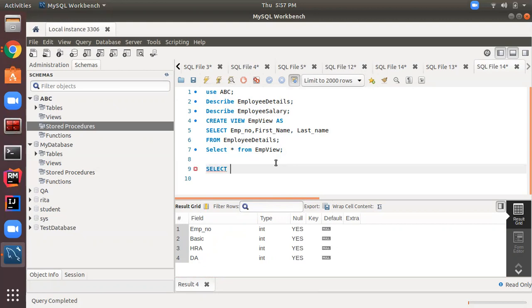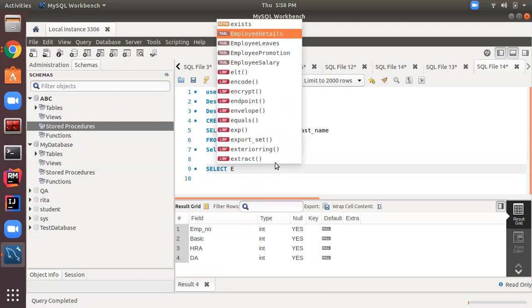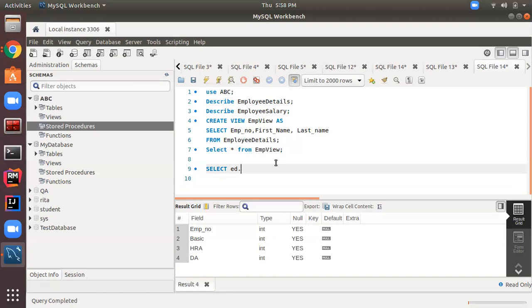So what we can do: select. What columns do we want? Let's suppose the employee detail table we call ed, so ed dot emp number, then ed dot first name, comma, ed dot last name. These are the columns I want from the employee detail table.